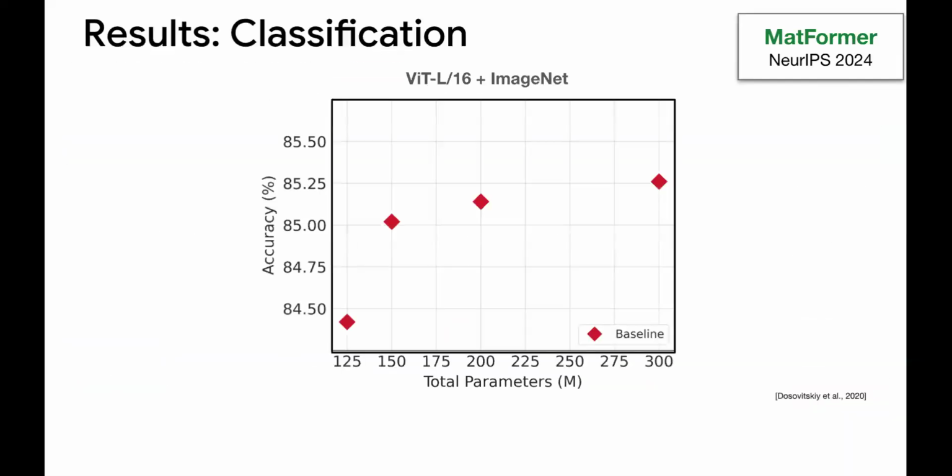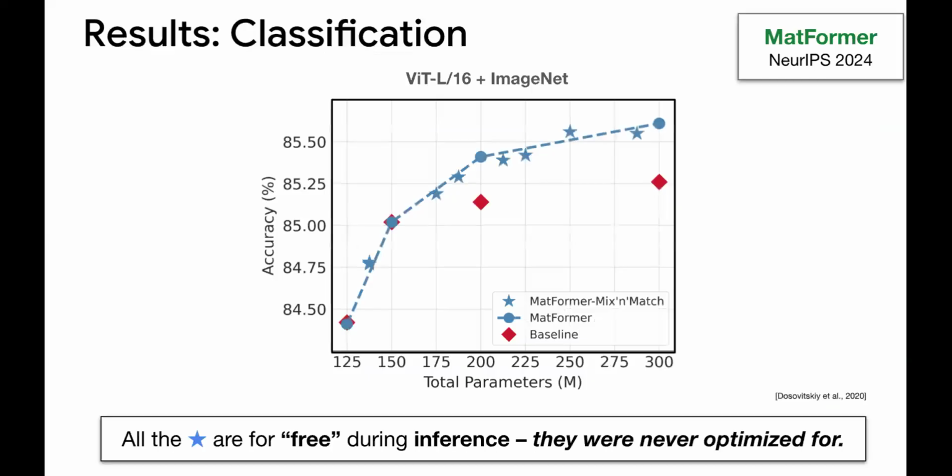Cool. So it's the same plot: 4 different models, 4 separate trainings, different accuracies. This is on ViT encoders just to have consistency. And if you train a Matformer, you get all of these models from a single model, and they're as good by comparison. Now the kicker: all the stars are mix and match. They never trade off. They're always on the trade-off curve.